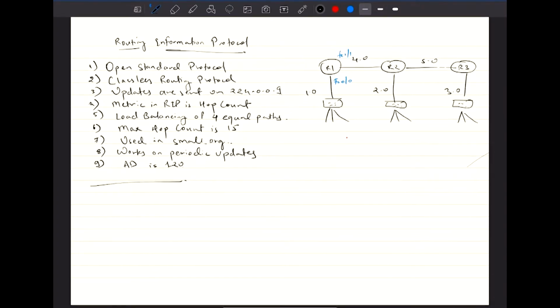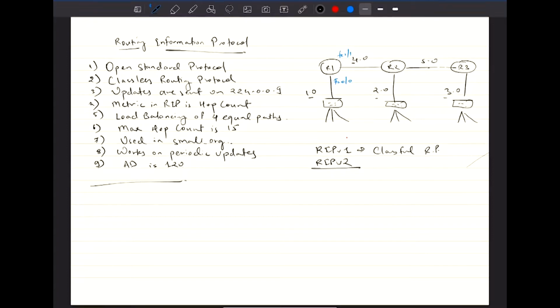Then, after that, the second property is that it is a classless routing protocol. RIP had two versions, RIP version 1 and RIP version 2. Version 1 behaved as a classful routing protocol, which means the networks you're working with, 1.0, 2.0, 3.0, 4.0, and 5.0,